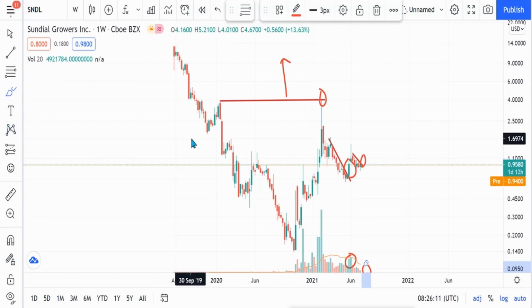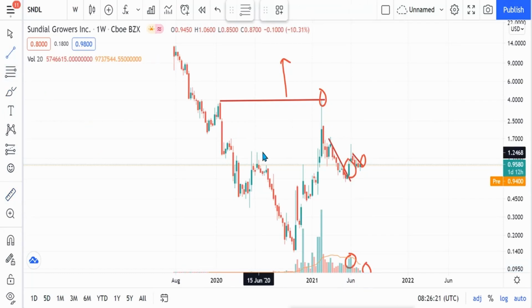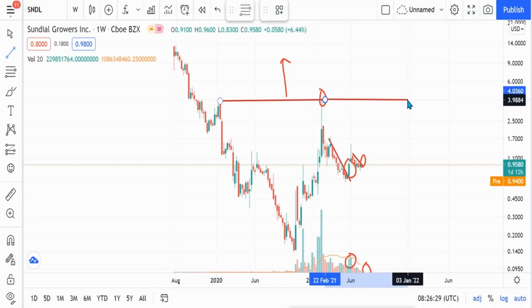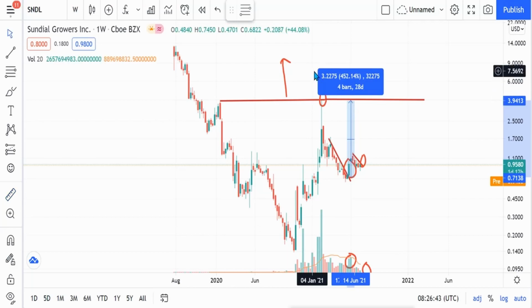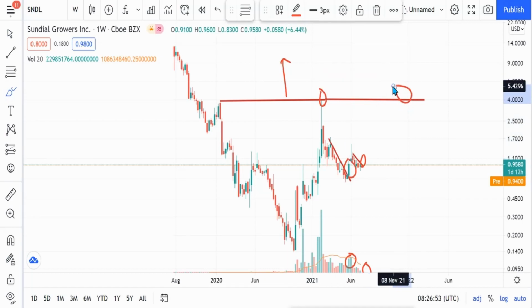Now, what are the resistances we have? If, for example, the price managed to move up, what is the reward? Let us look at the reward that we're expecting, because this is going to be a handle, right? So we can extend this. Okay, so there it goes. So with the extension now, if the price managed to move up to that much, like $3.20 something, then we are expecting the same quantum move upward after the breakout. Say for example, if it breaks out somewhere around this area, we are expecting that $3.20 move above. So if you are buying somewhere at the low here, then you have a lot to benefit,